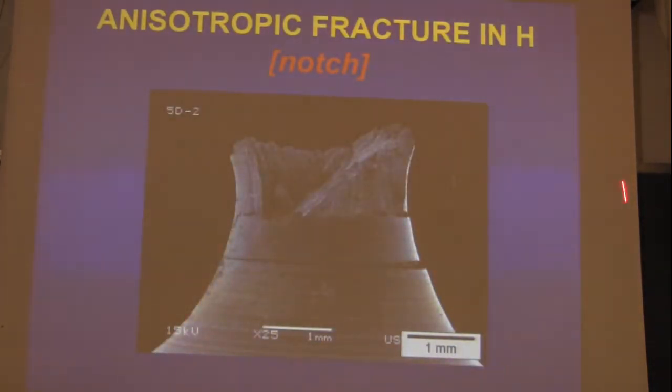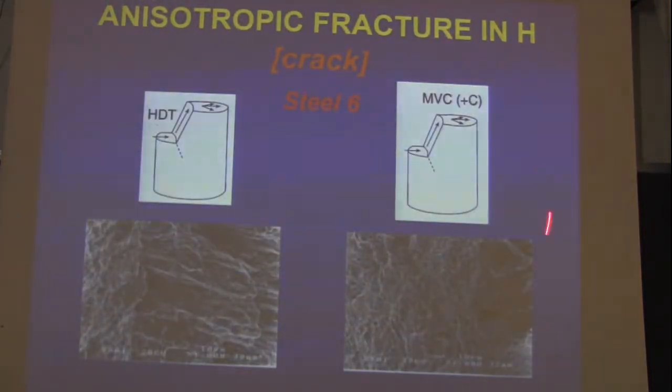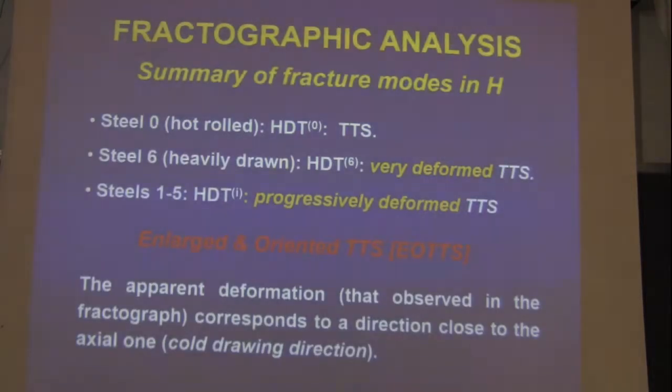With regard to anisotropic fracture in hydrogen, in notches, we have this behavior. Again, we have an anisotropic fracture behavior with fracture path deflection enhanced by hydrogen. And this is the appearance of this fracture path deflection in hydrogen. It's a kind of enlarged or oriented tearing topography surface associated with hydrogen embrittlement in pearlitic microstructures. With regard to crack deflection in cracked samples, we have again this hydrogen damage topography, enlarged and oriented TTS, and as a summary of fracture modes in hydrogen, in both notches and cracks,